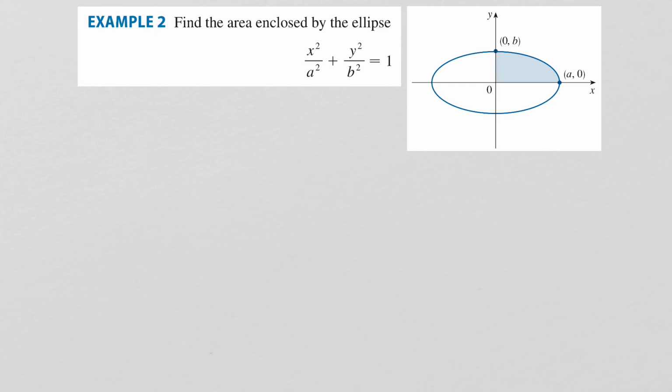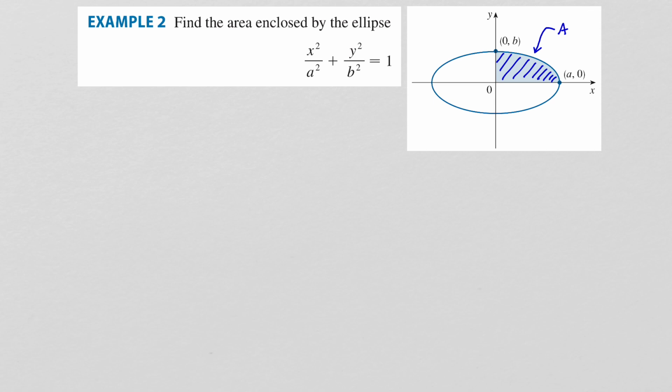Suppose we wish to find the area enclosed by the ellipse x squared over a squared plus y squared over b squared is equal to 1. And here we have a graph of that ellipse. To find the area of the entire ellipse, all we need to do is find the area in the first quadrant here, and then just multiply that quantity by 4. So let's say that A